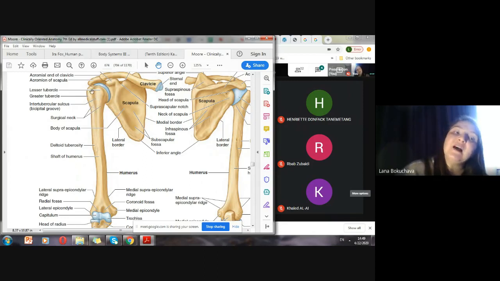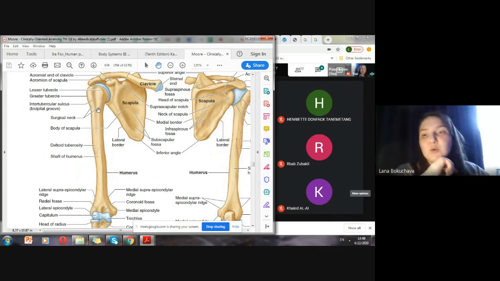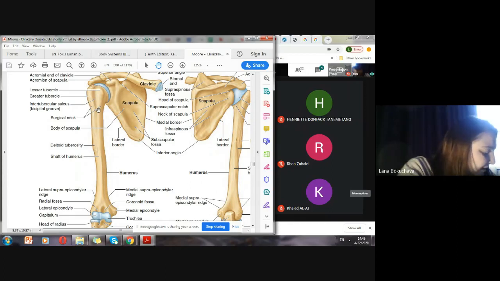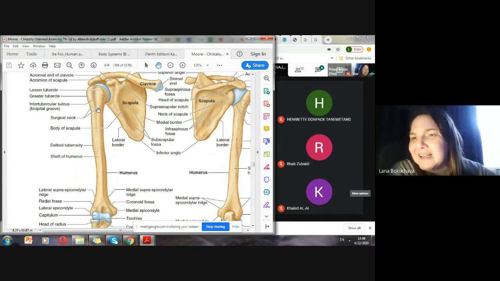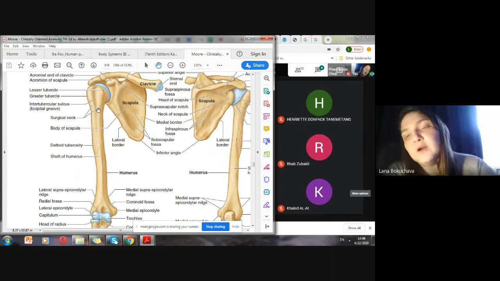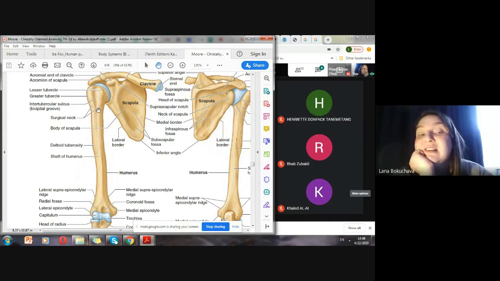Next portion, what comes after the region of the greater and lesser tubercle, lower to it, where we have a more narrow structure, that's what we call the surgical neck. Normally it's not a very prominent anatomical feature, but the interesting thing is that one of the most common fractures of the humerus occurs in that region. That's why we call it the surgical neck. To be honest, if we see it here,